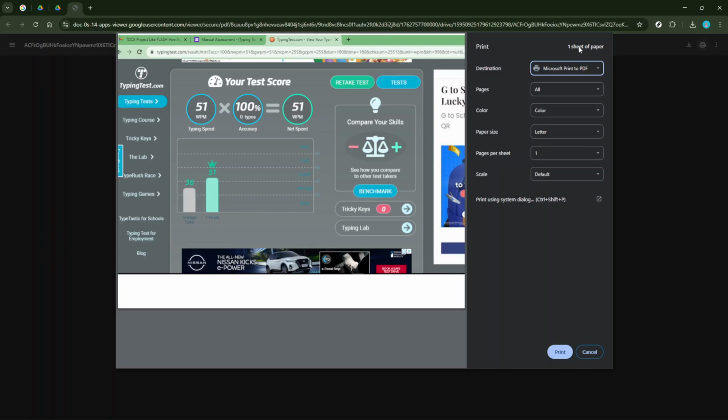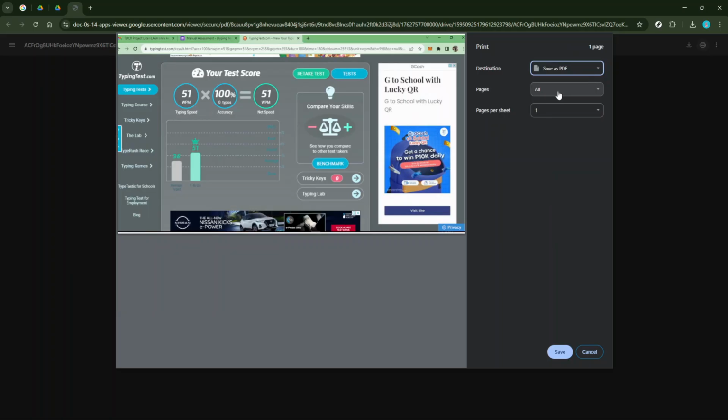When the print dialog box pops up, you'll have several options to choose from. What you want to do here is select a different printer setting to convert it into a savable format. So, from the options available under Destination, choose Save as PDF. Or, if you see Microsoft Print to PDF, that's a fine choice too. This acts as a virtual printer, converting the web page into a PDF you can then save on your device.